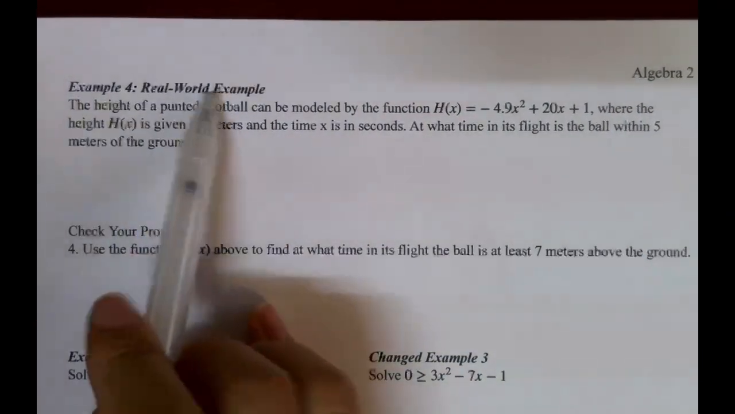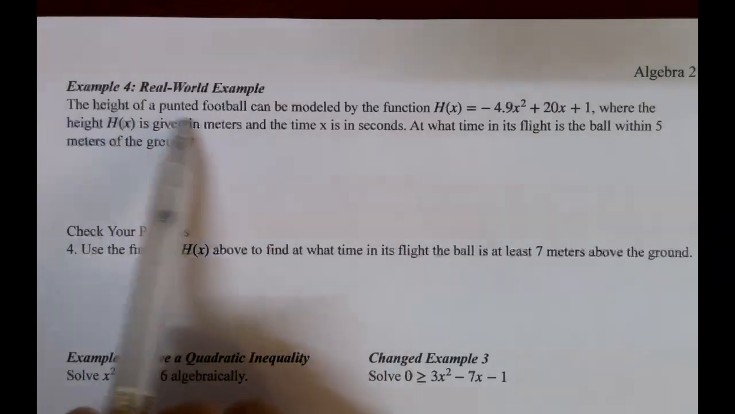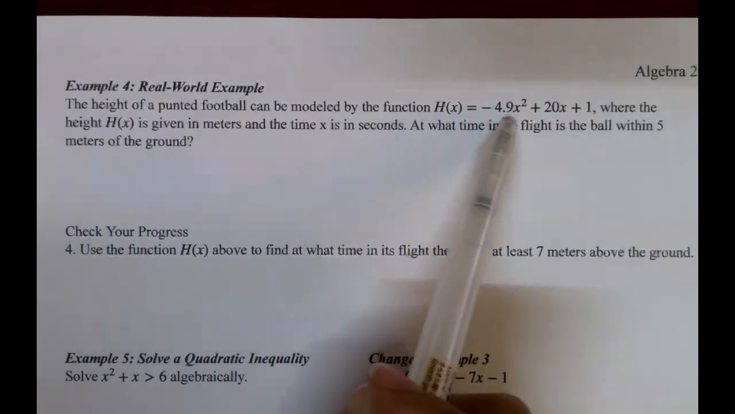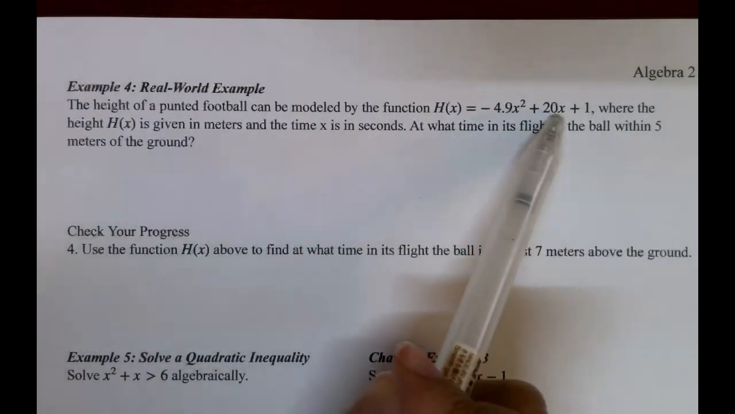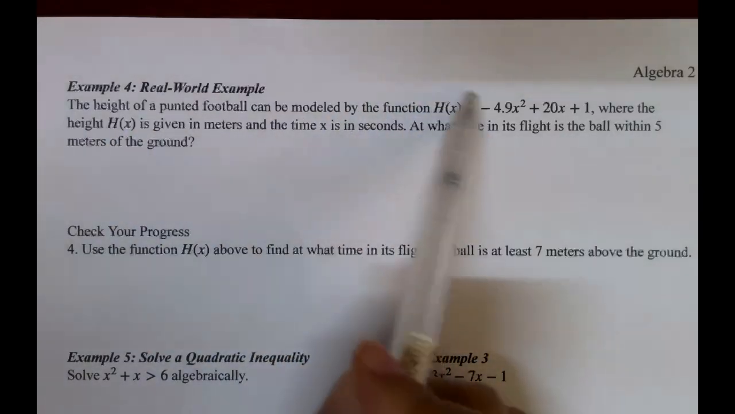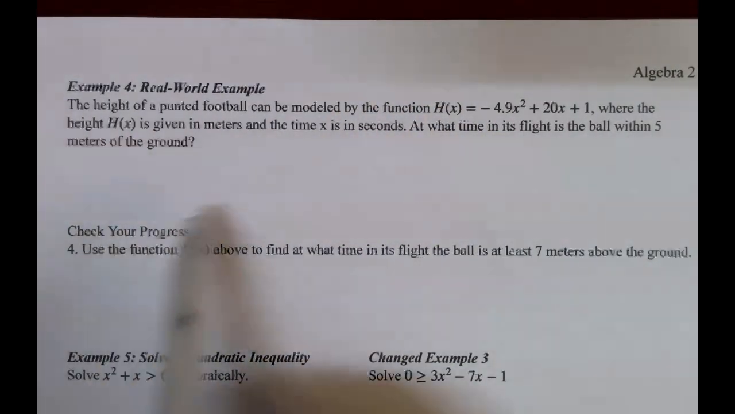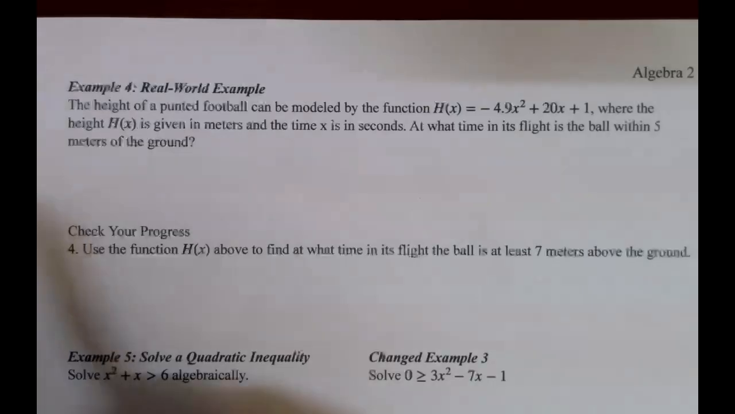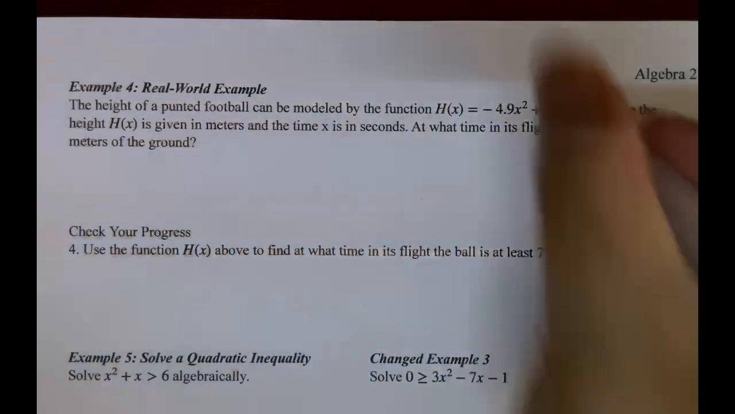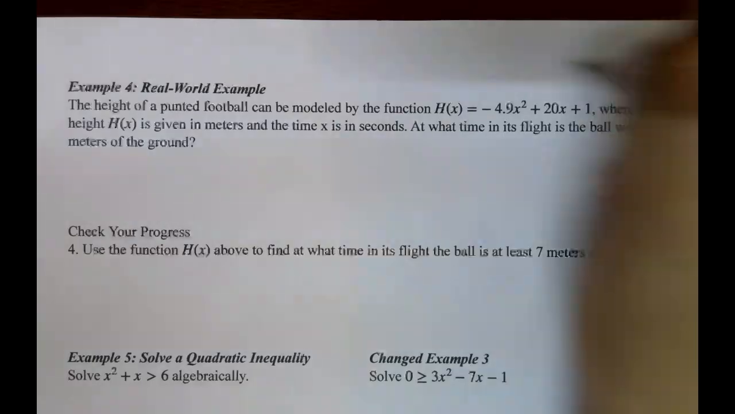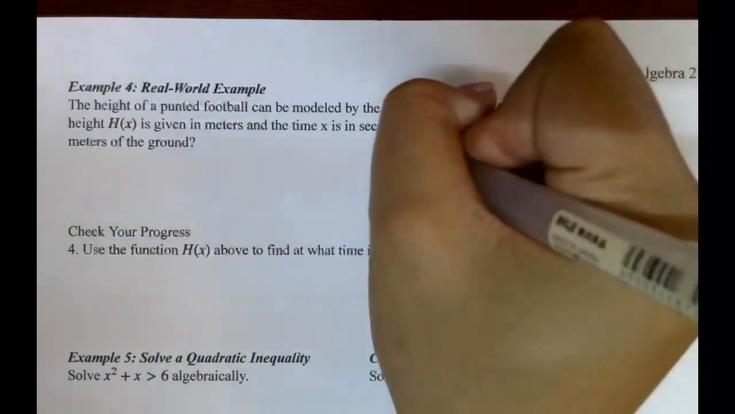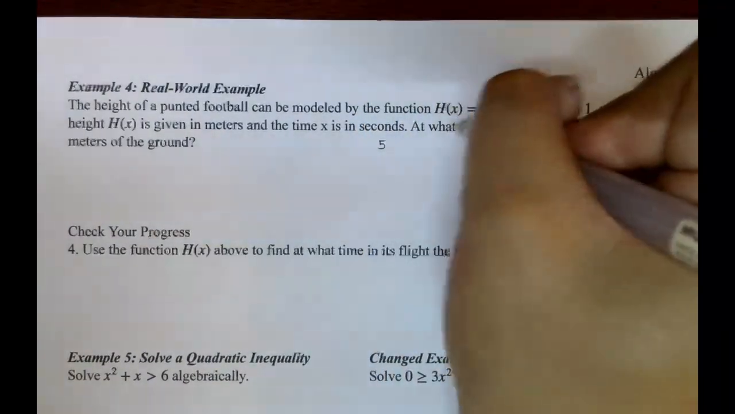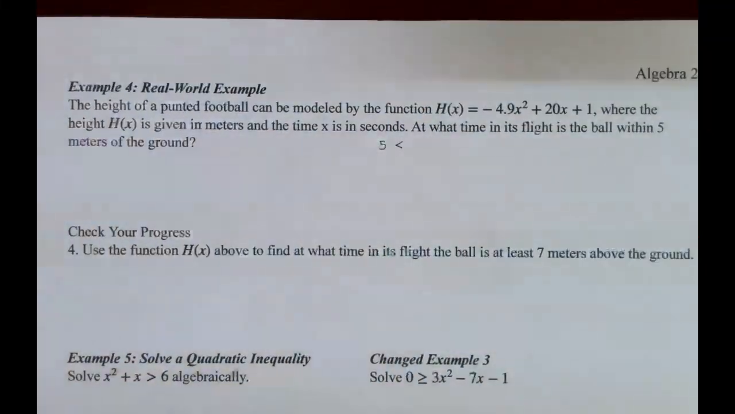So here with example 4, our real world example. The height of a punted football can be modeled by the function h of x equals negative 4.9 x squared plus 20x plus 1, where the height, h of x, is given in meters and the time here is in seconds. Here we want to know at what time in its flight is the ball within 5 meters of the ground. So what that means is we know that the height is 5. So I'm going to plug that in here, 5. Okay. So 5. Within that, so that means less than or equal to